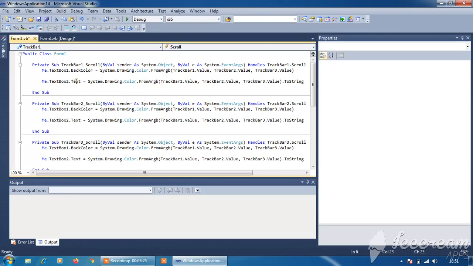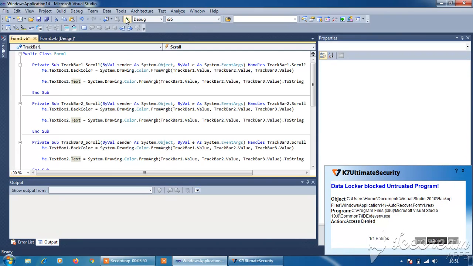And for the text, I am displaying the 3 values. Since it is a text box, I have to give ToString. Using ToString, it will convert the values into a string. These 2 lines of code are copied for trackbar 2 and trackbar 3. I have given the same lines of code for trackbar 2 and 3. So when I run this program,